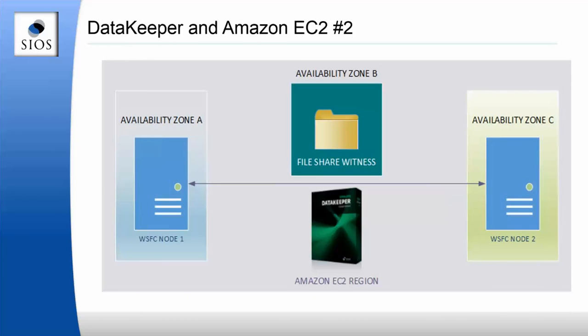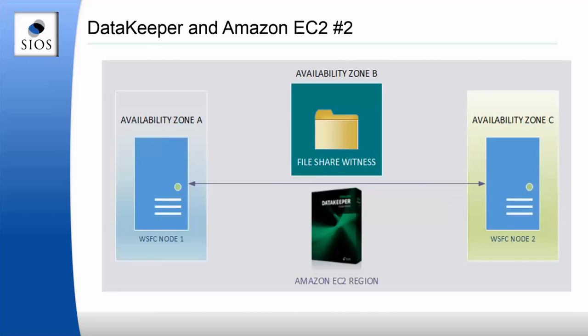Now here, you can actually deploy a Windows Server Failover Cluster FCI solution up in EC2, where you would have, say, your file share witness. So you notice in my examples when I showed you clustering, I used a disk-based witness. But because there's no concept of shared disk here, you need to have, in this case where we've got two nodes,